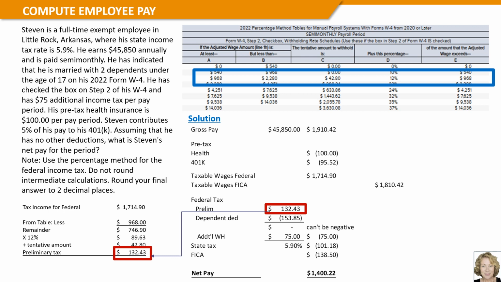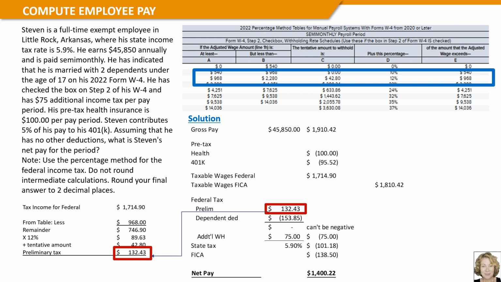The third row includes our taxable wage amount of $1,714.90, and we complete the calculation by subtracting $968 from the table from the taxable wage, for $746.90. And then multiply that amount by 12%, which results in $89.63, to which we add the tentative amount of $42.80 from the table for a total of